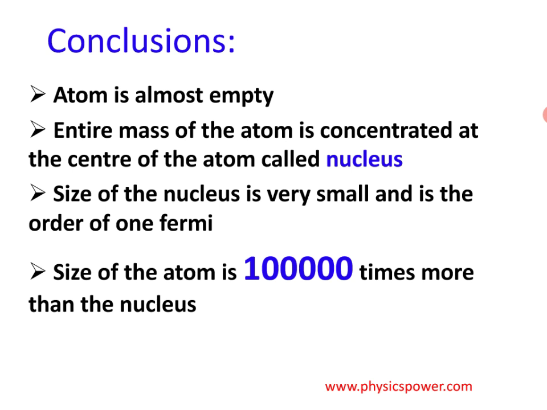So by doing the alpha scattering experiment, he was able to give a clear picture of the atom. Inside the atom, the positive charge is located at a particular center of the atom. And not only that, after these conclusions, he designed the Rutherford atomic theory, which we can also call the Rutherford nuclear theory.